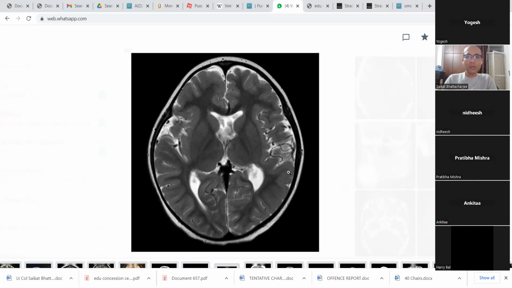Something is missing. Yes, sir. Corpus callosum. The corpus callosum is seen. Azygous is temple usage. What was that again? What did Pratibha say? The septum pellucidum is not seen. Diagnosis is